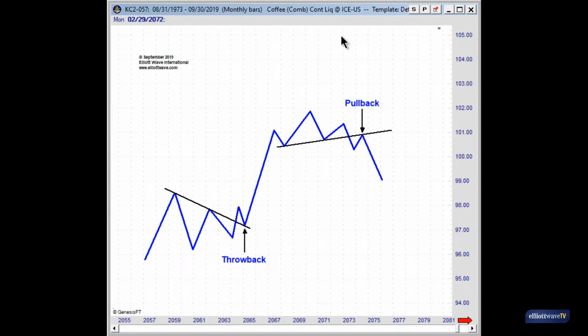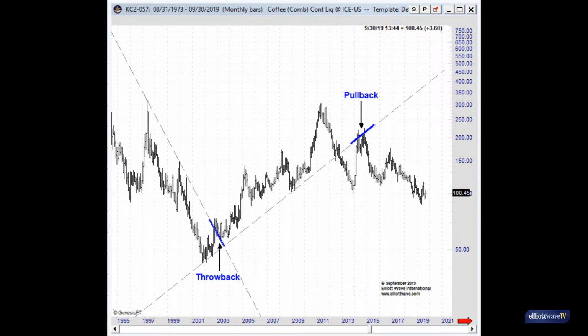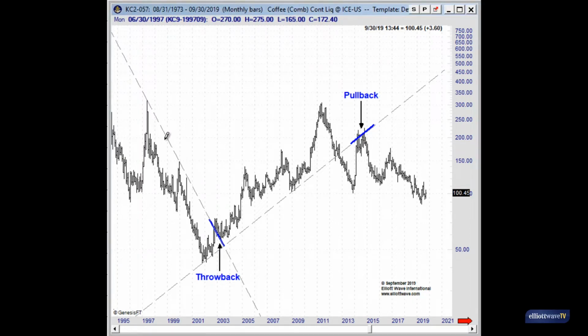Now, just to illustrate the efficacy of this pattern, let me show you a long-term price chart, a monthly price chart of coffee. In this instance, where we see the throwback develop, all I'm doing is connecting the high that we saw back in 1997 with the extreme that we saw in 1999, and I'm continuing that trend line down to the right. As you can see, back in 2003, we moved above that trend line, we came back down, tested the opposite side of that trend line, a throwback, and then that set the stage for